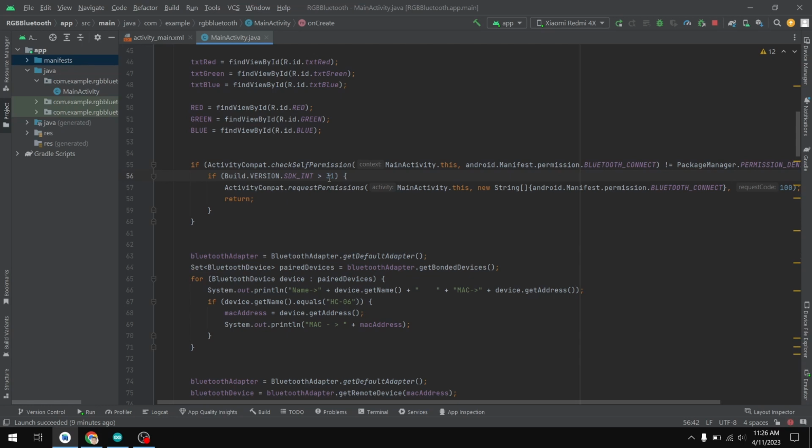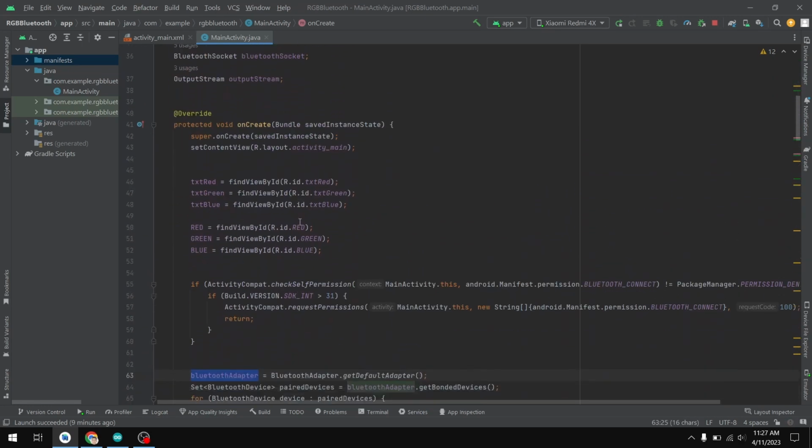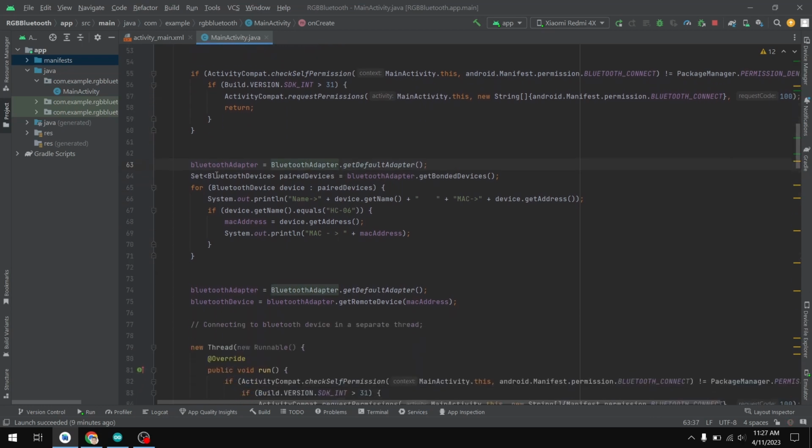That's why after Android SDK 31, the Bluetooth permission has been enabled, so that the user can be aware of what they are doing. And this is the permission. After that, what we are doing here is initializing the Bluetooth adapter. As you can see, we have declared this Bluetooth adapter above, and now we are just instantiating this Bluetooth adapter. And then here we are using a set in order to store all the names of